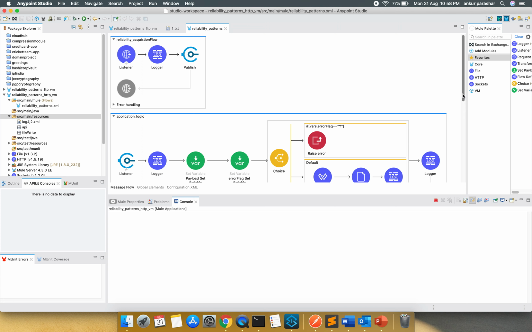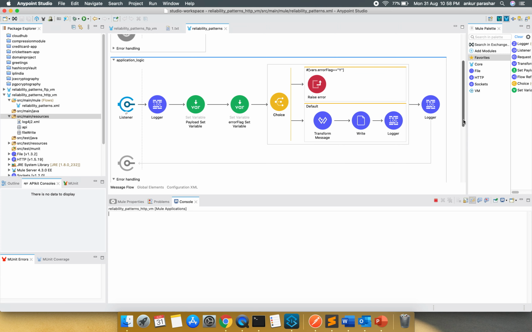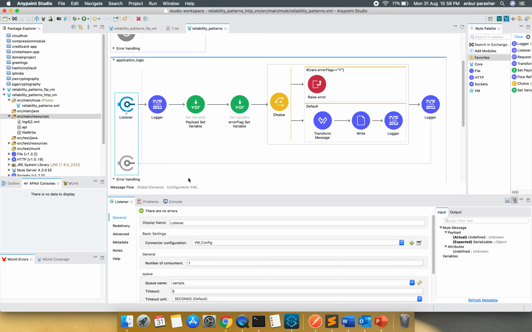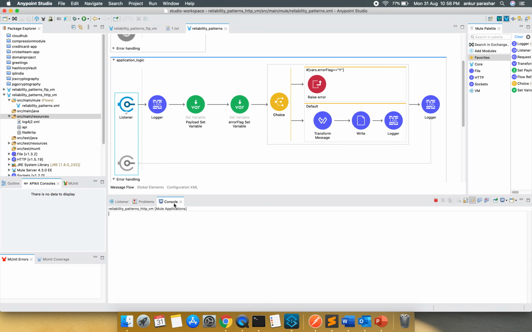This error will mark the transaction result as a rollback situation, and it will go back to the listener, and it will say this message is again available for reprocessing, and this loop will continue for some time.